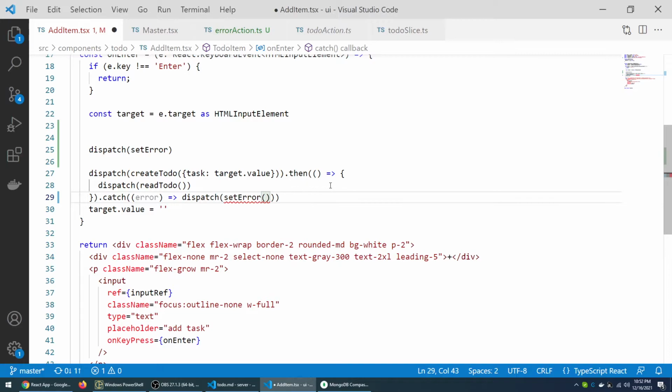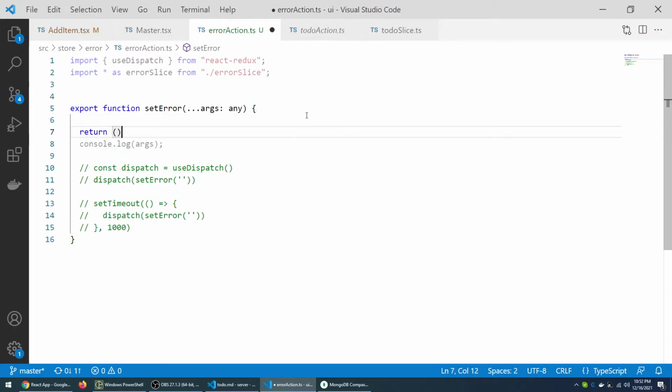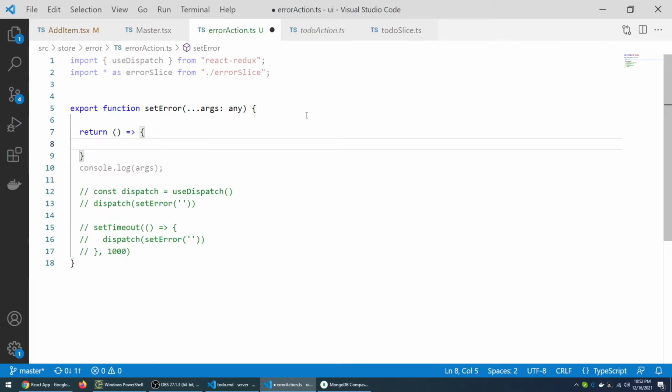Well, yes, we can. And the way we're going to do that is by returning another function, because it only needs a function. So what we can do is pass in another function which will have